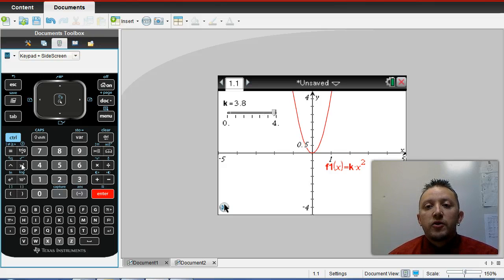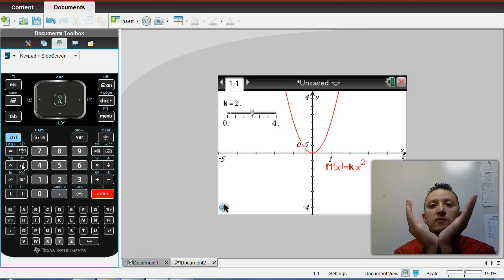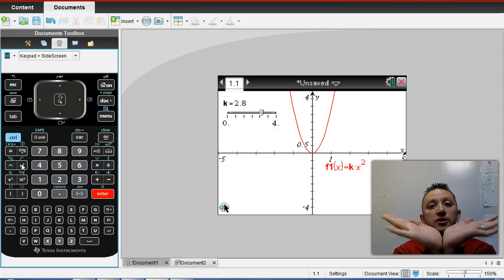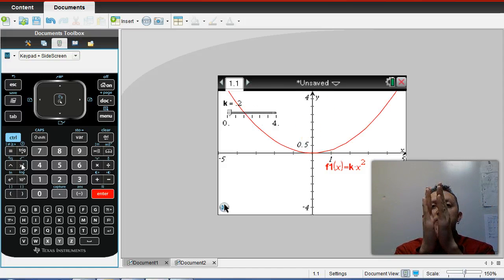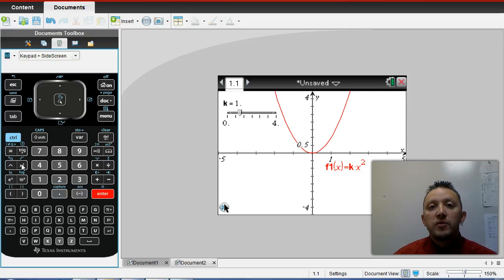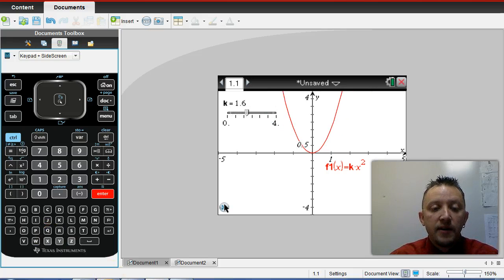And you notice some similar things here. Just like we did with our hand motions, but with the parabola this time, as k gets closer to 0, the flatter the graph is going to be. As k gets further away from 0, the narrower the parabola is going to be. So as you watch that video, you can see that k is going to get larger, and as a result, the graph gets narrower. So if we summarize that in our notes,